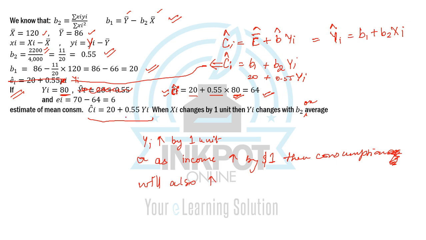Why increase? Because we have a positive sign here. So consumption will increase by 0.55 units